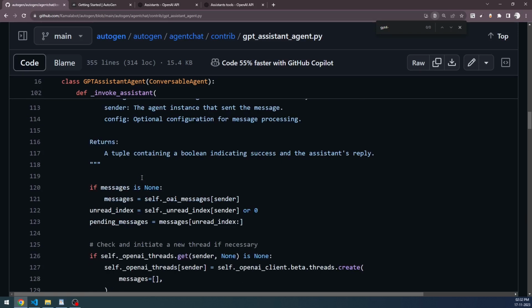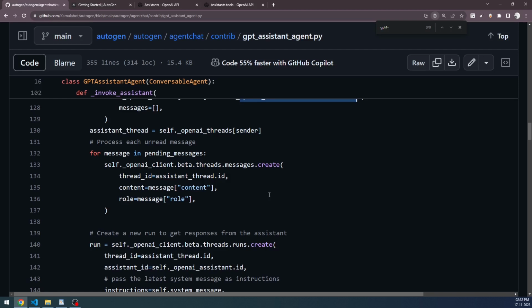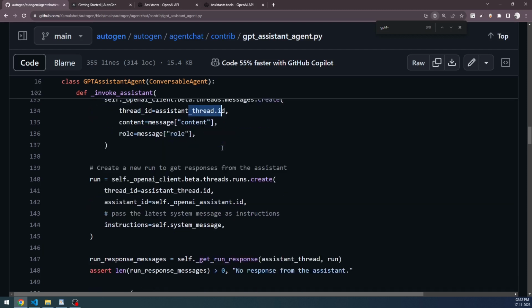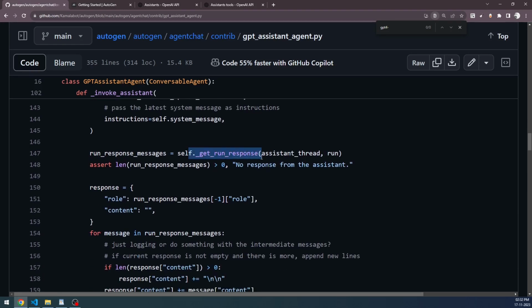All these things are done automatically. We are not even touching it. So you can see that the thread is getting created here, and the thread ID is automatically retrieved. You can take a look at the thread ID. I will be showing you how to do that in a couple of minutes. And here is a message getting created, and once a message gets created, it goes into the thread ID, and then here is a run that is getting created, and after that you will see that it is getting the response